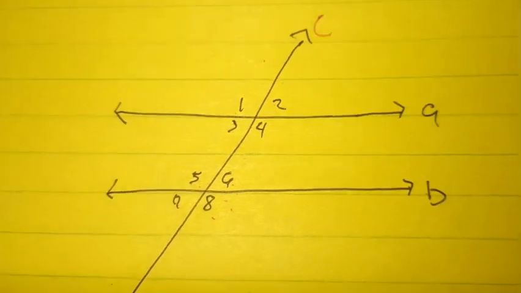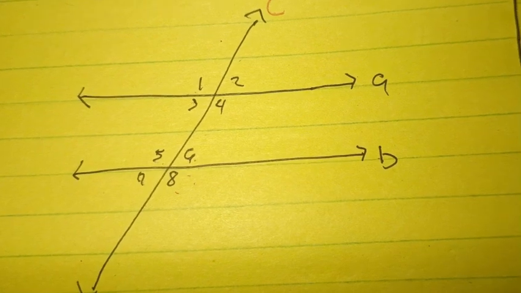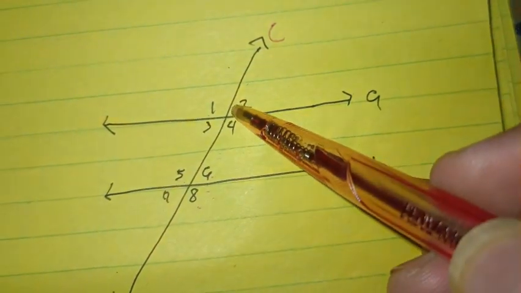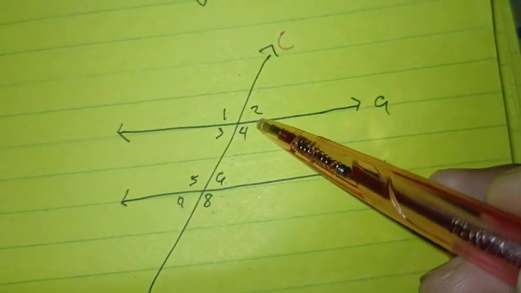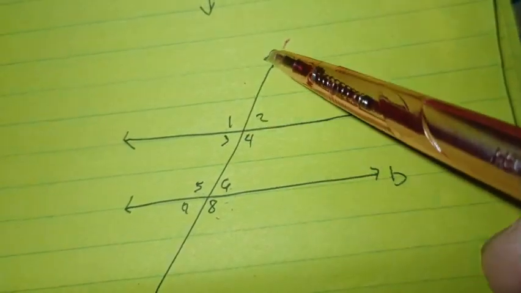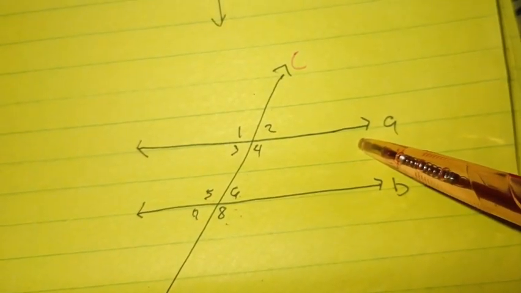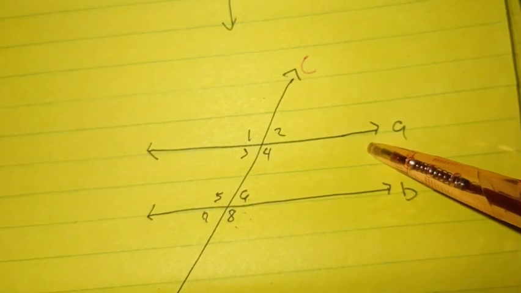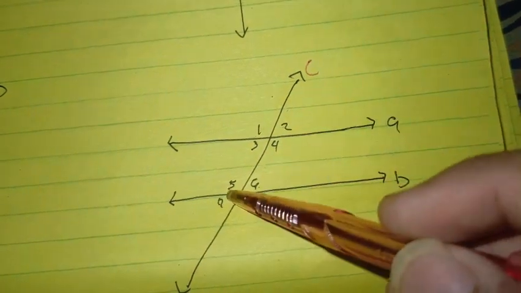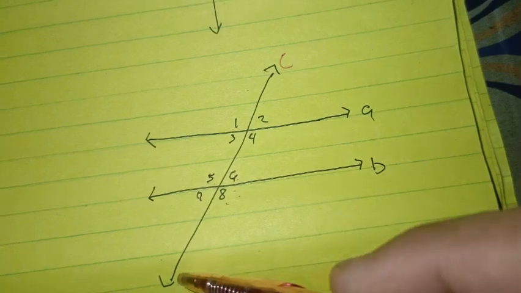Next is the angle addition postulate. If a point lies in the interior of an angle, then the sum of the two smaller angles formed is equal to the measure of the larger angle. So if this point lies in the interior of this one, then this angle, like if you add this one angle to this next angle, then their sum is this whole angle.